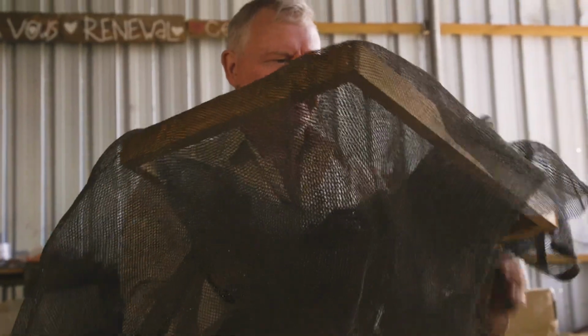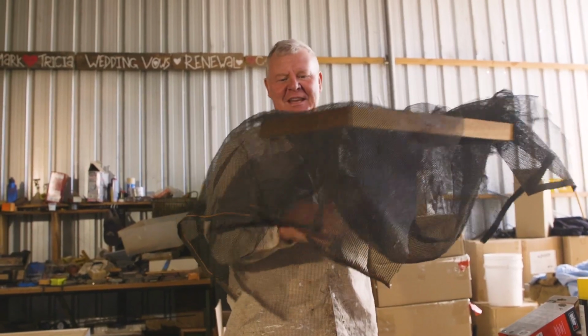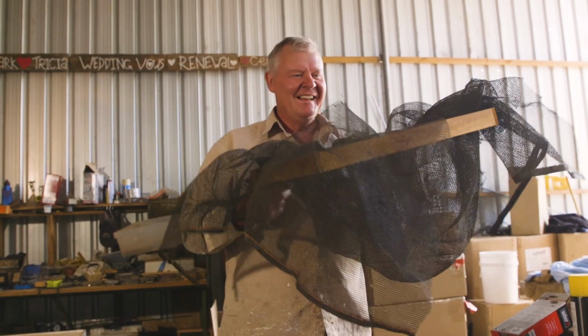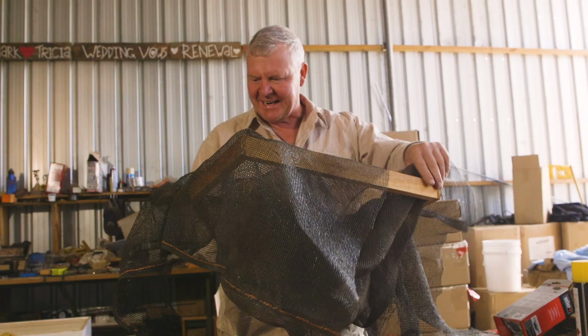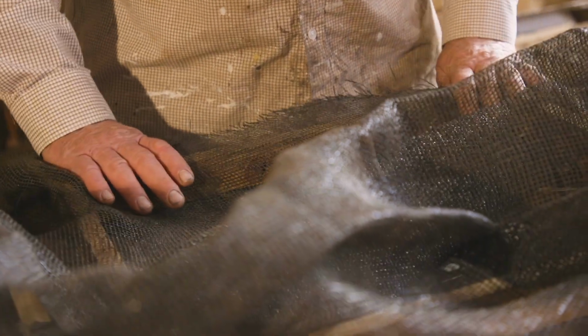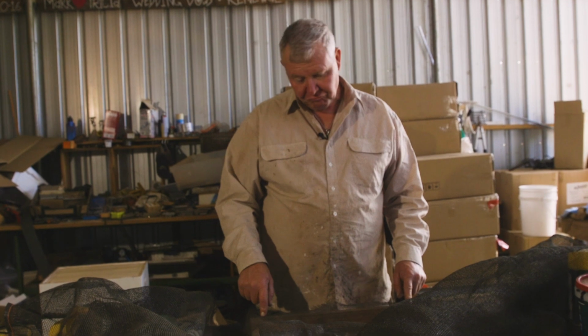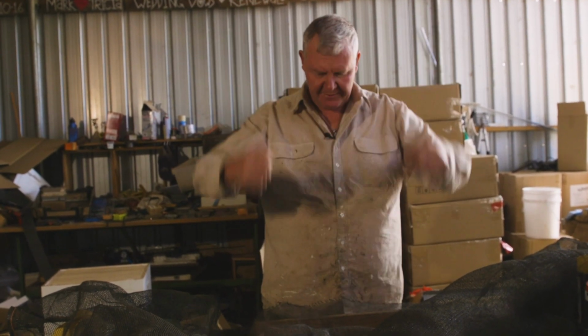I'm sure this isn't in the craft shop. Hey, we might be able to make a bee catching net. Oh, God. Anyway, it seemed like a good idea, like a lot of my ideas, it seemed like a good idea when I started out. So I reckon we're going to put that there for a start, because that's the edge. As long as we get it in the middle, I think we'll nail a little bit of board along here. I don't think we're going to need a handle as such, because this will be poked in there and lifted up anyway, so